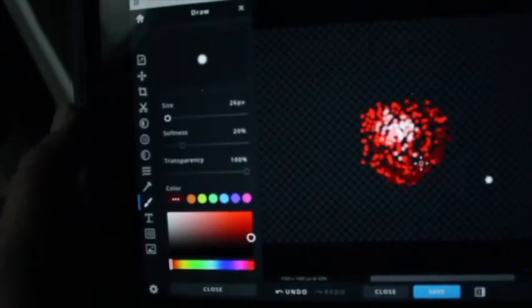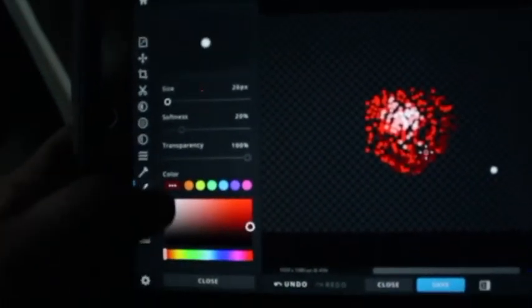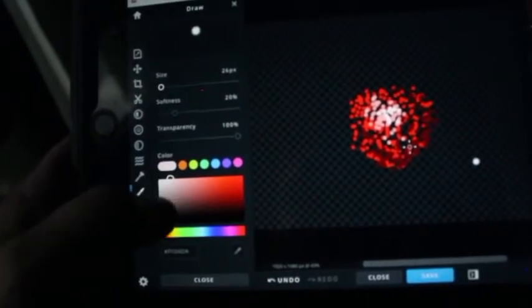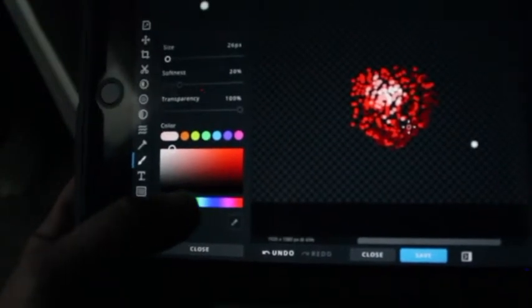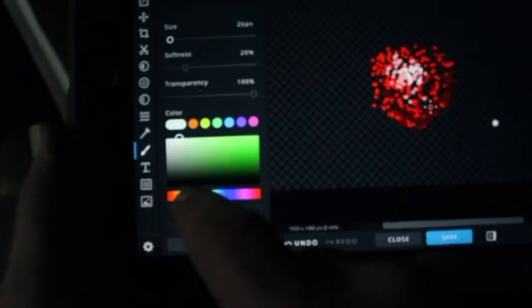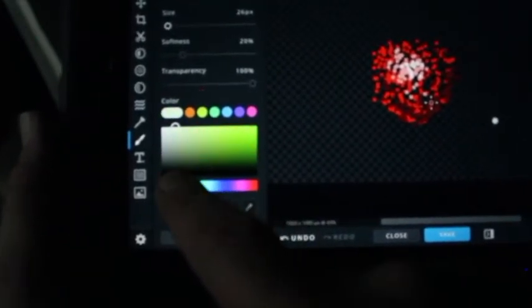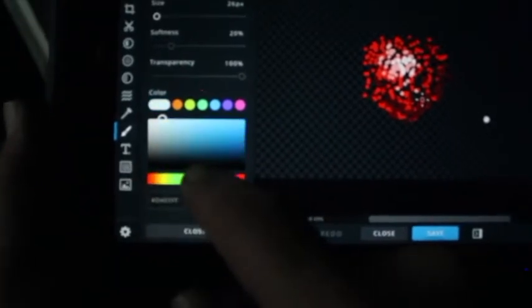Alright, kind of cool. Now, I've noticed that some apples have slightly different color to them, so I'm going to change my hue right here. This is your hue bar, and on it, I'll use my other hand, you can change the hue. The hue is like the rainbow colors: red, orange, yellow, blue, indigo, violet. And I'm going to go to a little bit more of a yellowish orangey color and